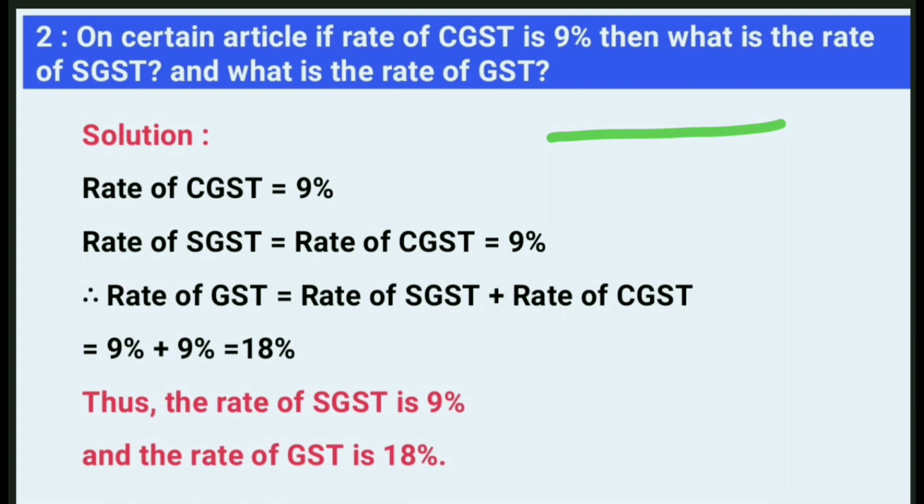Therefore rate of GST इज इक्वल टू रेट ऑफ SGST प्लस रेट ऑफ CGST। जो GST होता है वो SGST और CGST के एडिशन जितना होता है। देयरफॉर रेट ऑफ GST इज इक्वल टू 9% प्लस 9%, दैट इज 18%। तो हम लोग फाइनल आंसर लिखेंगे, दस द रेट ऑफ SGST इज 9% एंड द रेट ऑफ GST इज 18%।